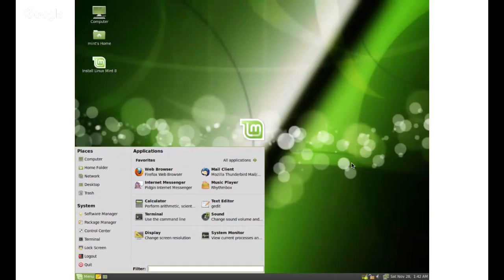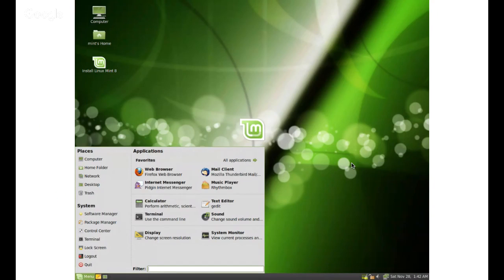And this is what it looks like. Again, it's an Ubuntu build. But you can see on the left under System, Software Manager and Package Manager. With Software Manager, you could actually include entire packages of software. With Package Manager, like I talked about earlier, some apps might require 4 or 5 other apps before they can run, and you could do it that way.